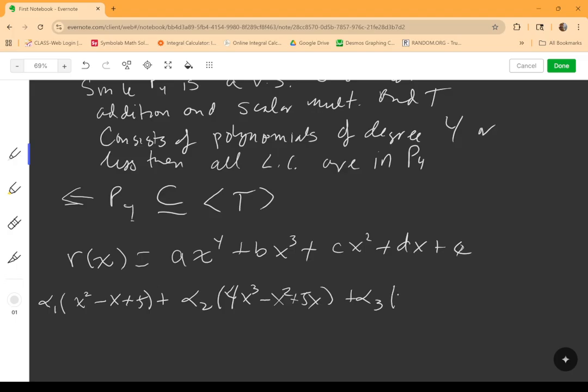Right, again, linear combination of vectors. Our vectors here just happen to be polynomials. Can I write the polynomial R(x) as a linear combination of the vectors in the set T? Now again, I'll focus on the x's and the powers, grouping like terms. So my first one, I'll have 4 alpha 2 x cubed, plus (alpha 1 minus alpha 2) x squared,